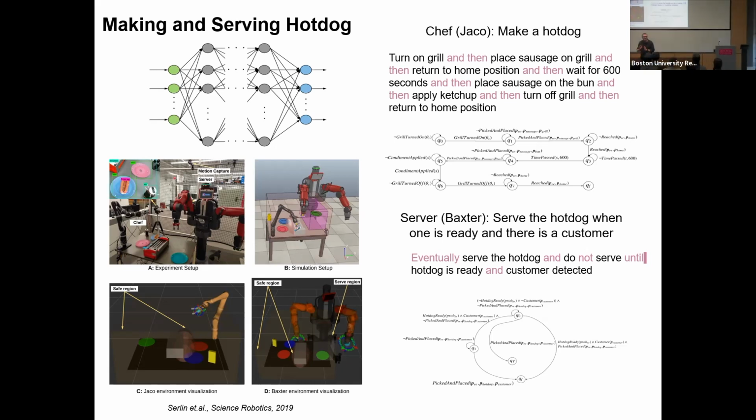In English, you can tell the robot what to do. For example, the chef is supposed to do what's at the top, and the server is supposed to do that. In addition to that, we can incorporate prior knowledge, such as if you have a hot dog in the gripper, don't grab another one. Good. We have also incorporated safety measures, such as using control barrier functions in the way that Christos defined them.